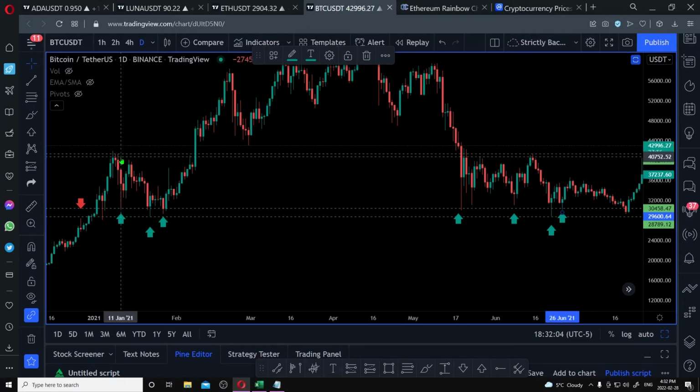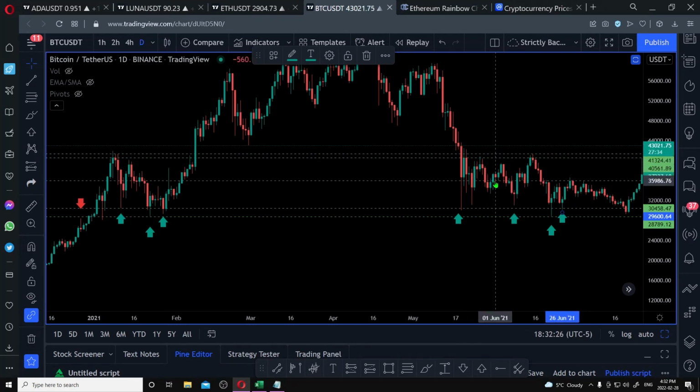Now the next one I can do is something like this. I would put it based on the body top right here, right here, right here, which is also in confluence with this wick right here. So this is our resistance that we have just formed by using the 2-line kind of strategy. So this area is a level of supply, which pushes the price down each time it hit